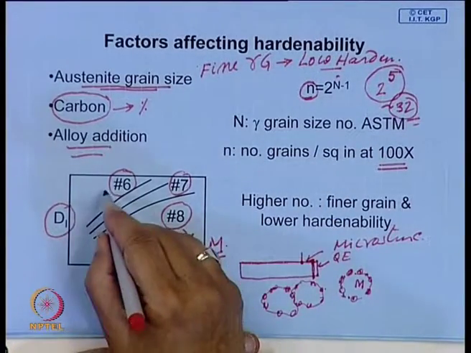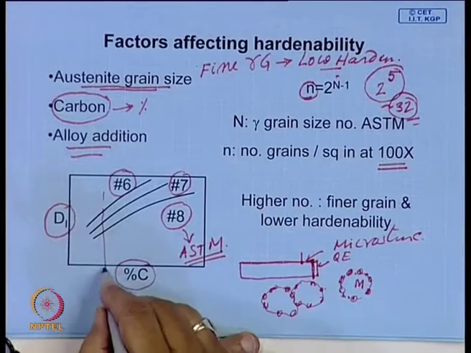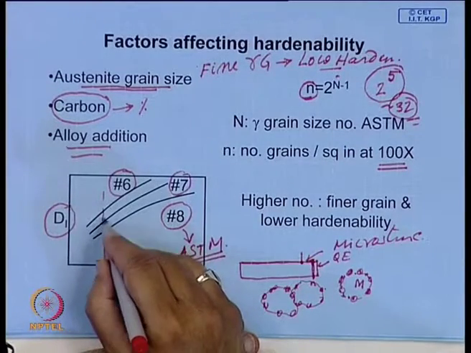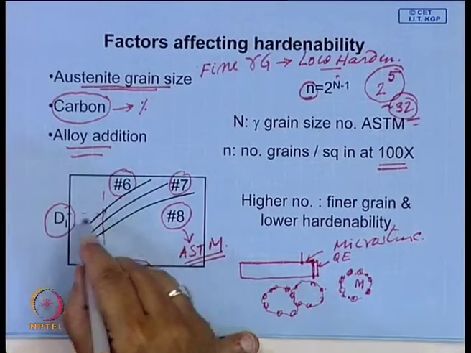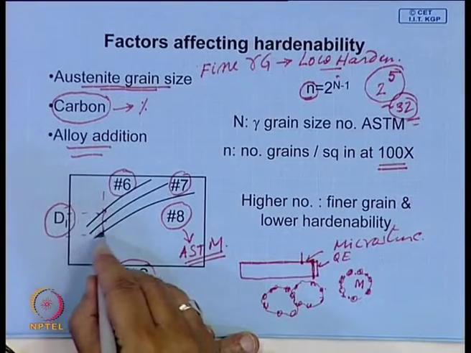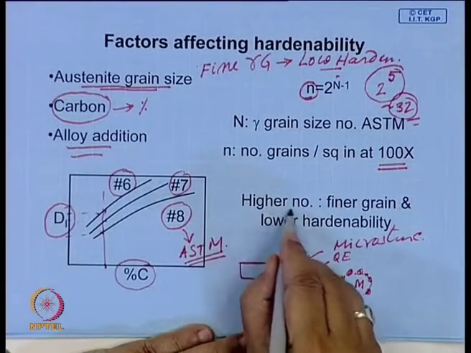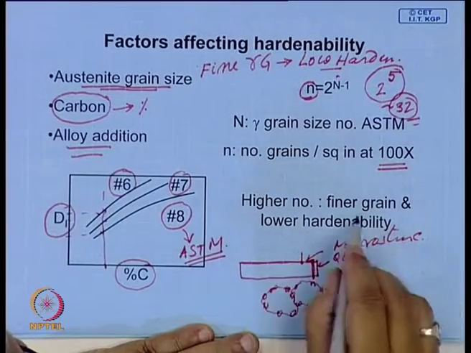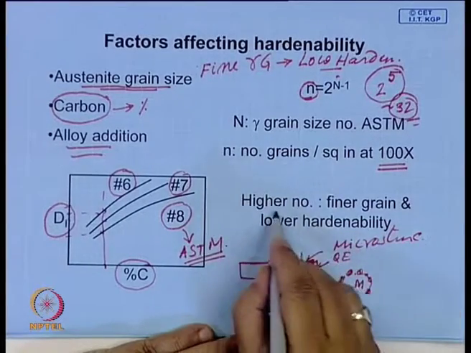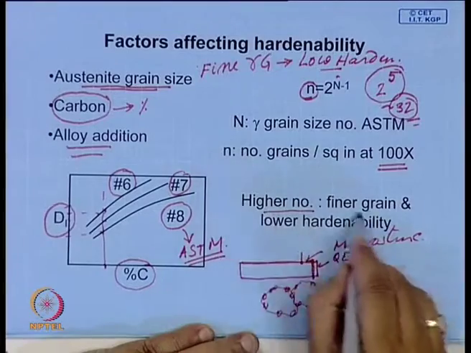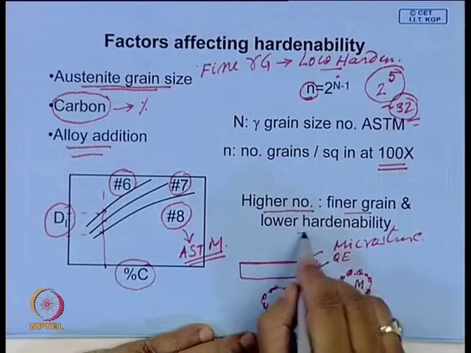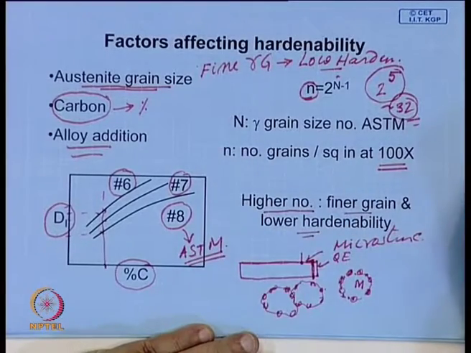So, if you look at this, for a given composition, if the grain size is coarser, the ideal critical diameter increases. So, a finer austenite grain size has lower hardenability,